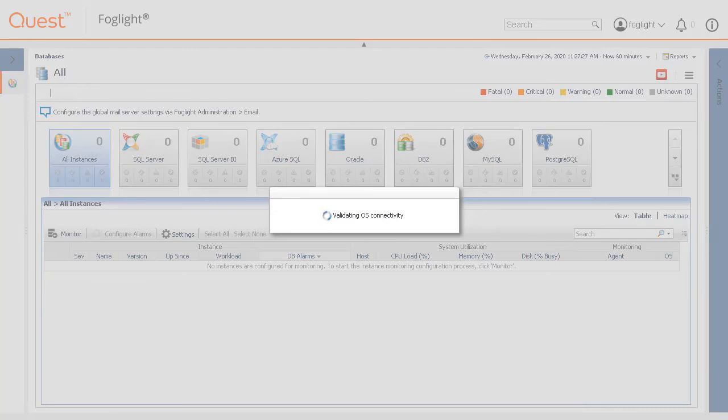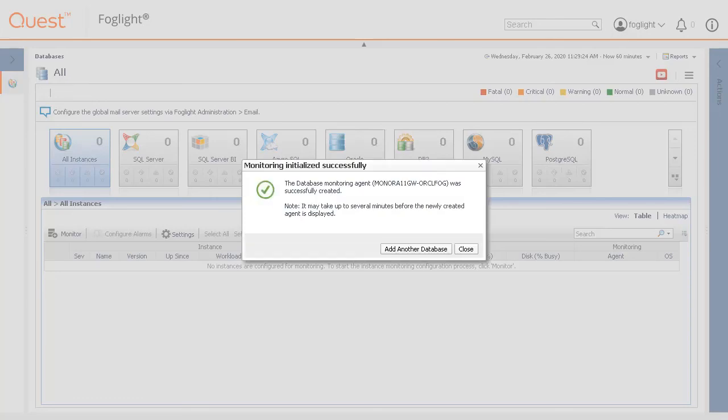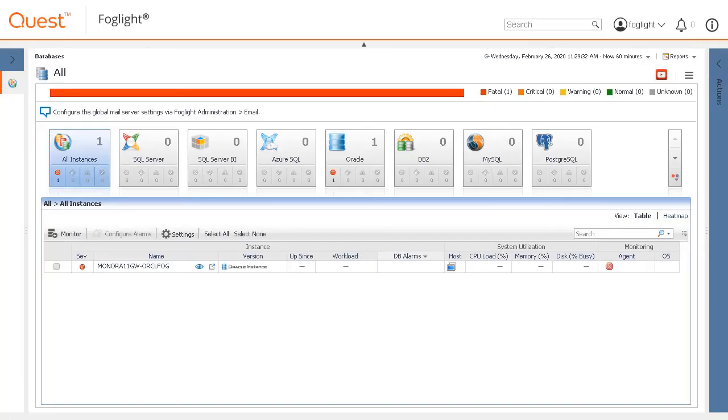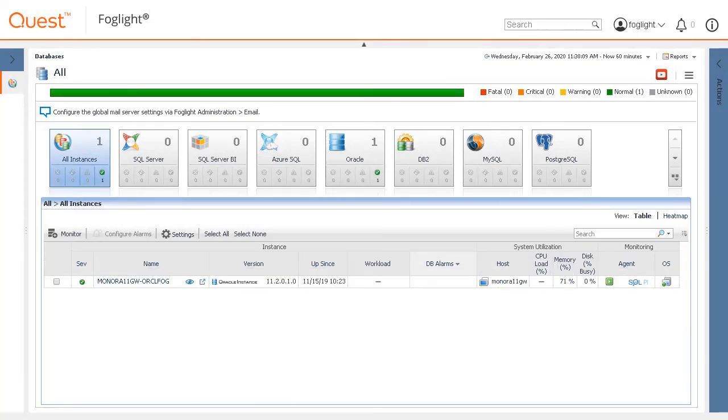If a grant privileges box pops up, a grant script is available to run directly in the instance to grant the necessary privileges, or enter a sysadmin account to execute grant scripts. Once completed, a pop-up will indicate that the agent has been created, and there's a choice of adding another database, in which case it will take you back to the setup screen, or click Close. The new agent is now created. After a couple of minutes of collection time, the dashboard will become populated with data.